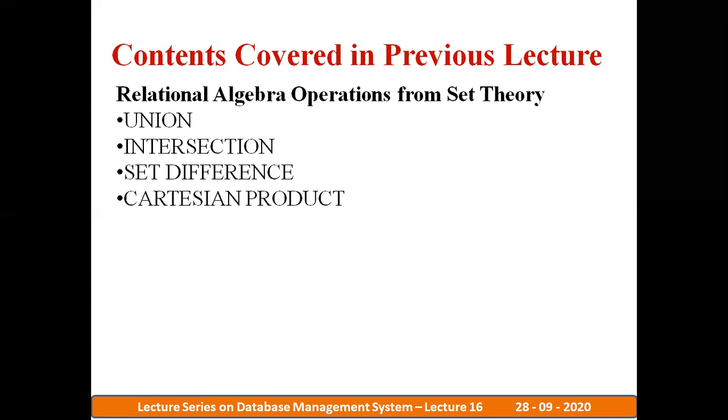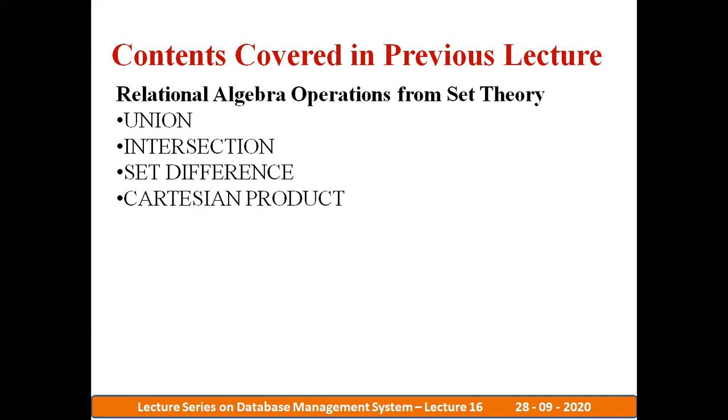Now, after performing the union operation, the resultant table will have all the tuples from relation R and all the tuples from relation S, and the duplicates will be eliminated. As you know, sets will not have duplicates. So in this case also, if a tuple is in relation R and the same tuple is also in relation S, then instead of keeping two tuples, we keep only one. The other one is a duplicate, and we remove it.